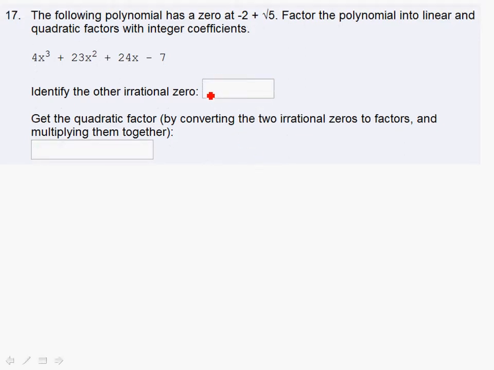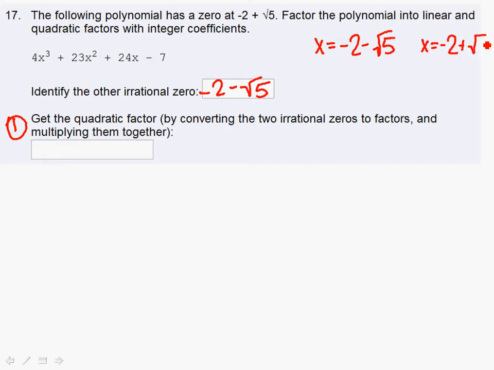So our other irrational 0 was -2 minus the square root of 5. Okay, let's first do the suggestion. So we're going to convert the two irrational zeros to factors and multiply them together. Let's do this as our first method. If we have x equals -2 minus the square root of 5, and x equals -2